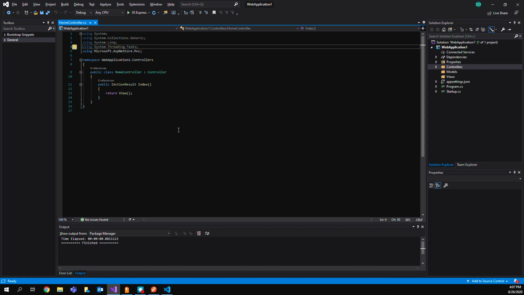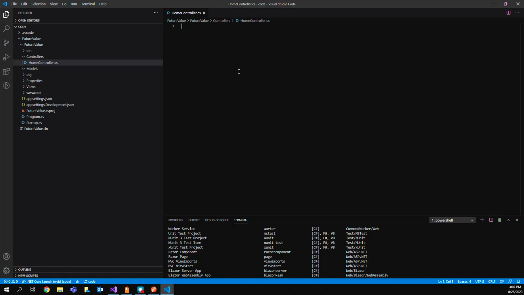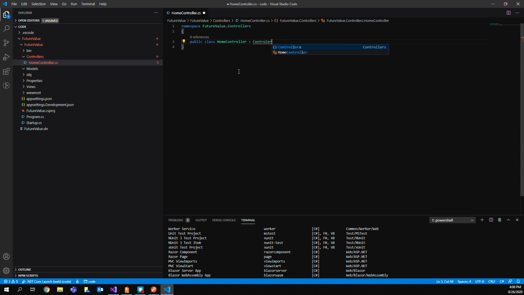So code doesn't make any assumptions. First I want to put a new namespace. So a namespace in C#. I want the namespace's name to be FutureValues, the name of my application, .Controllers, just like our Visual Studio application. From there, I want to say public class HomeController, and I want to extend the ASP.NET Controller,